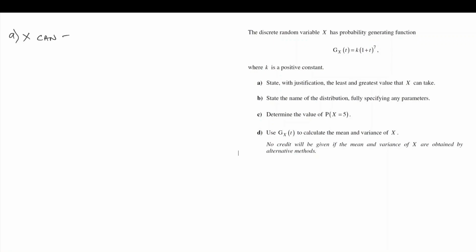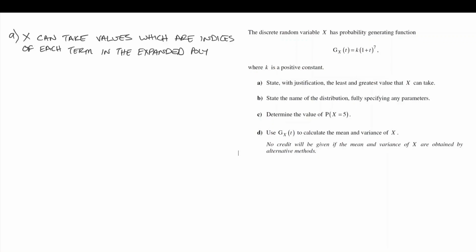In general, the values that x can take are going to be the powers or the indices on each of the terms in the expanded polynomial. The powers of t will indicate the x values that the distribution can take. Well, looking at this probability generating function, the smallest power of t would be t to the 0, we would get a constant term, while the largest would be t to the 7. So there we have it. We have the minimum and maximum powers of t, and